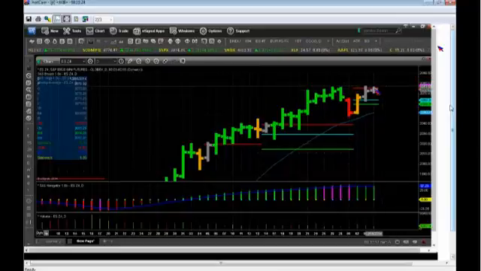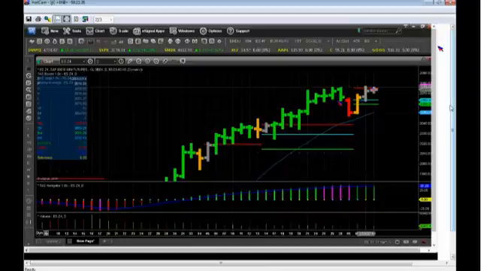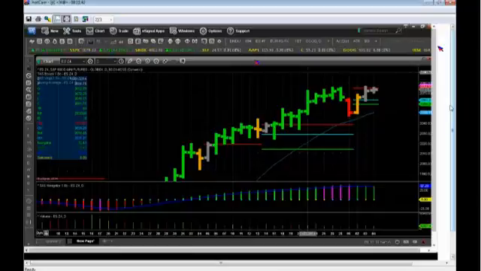Now, if we were sitting up here and the breadth on at least an intermediate basis was turning negative, which it is not, then I would feel somewhat okay about trying to take a shot here. But this is, again, something that I'm not advising, but suggesting maybe just to take a hard look at and stay away from the short side. So that's the situation on the S&Ps, and that's some of the reasons behind it.